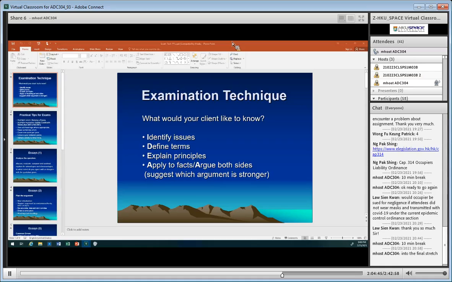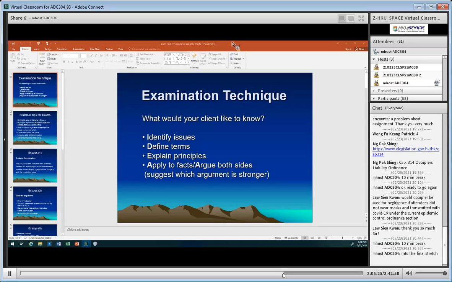Okay? And this is why, for example, in your assignment question 1, and by the way, when you start off an answer to a question which says advise somebody, always use the wording of the question. I've lost count of the number of times when I've been marking exam papers and I get to about page 2 or even 3, and I put a big horizontal line and then I write 2 words, start here. In other words, what is very important for students answering law questions is make sure you are answering the question